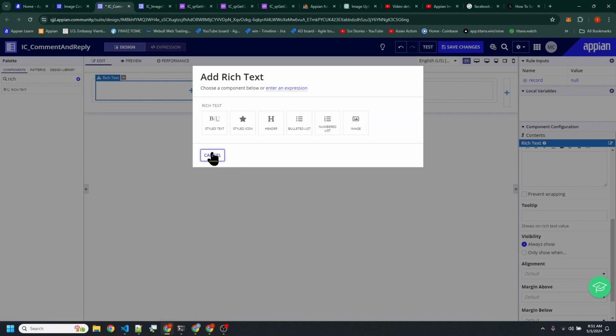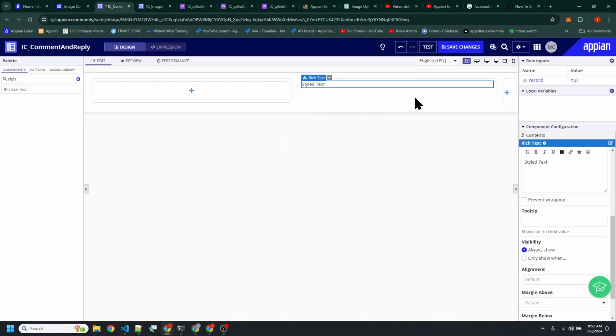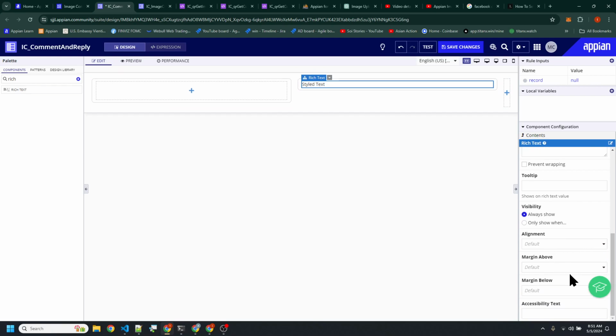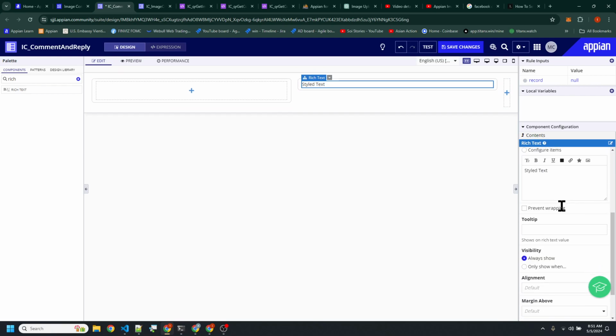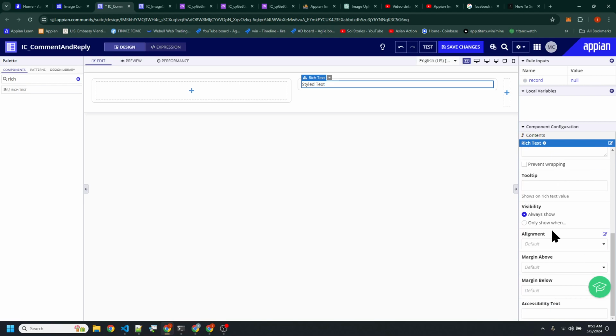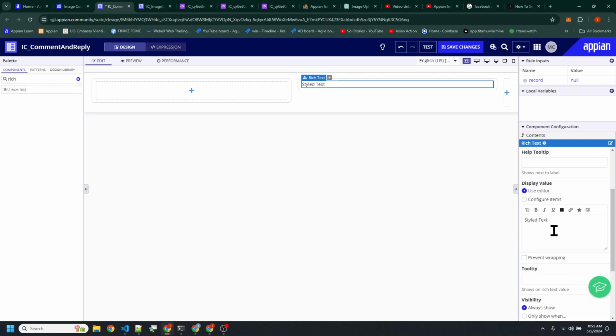We're just going to do maybe a style text. And we're just going to say that this style text actually has the value of, see here, this is the value. And see, the problem with this is that, okay, it's got style text here.